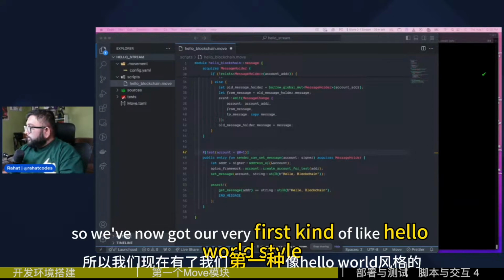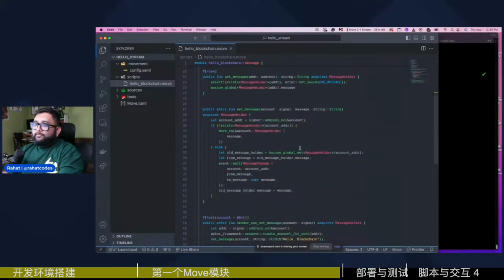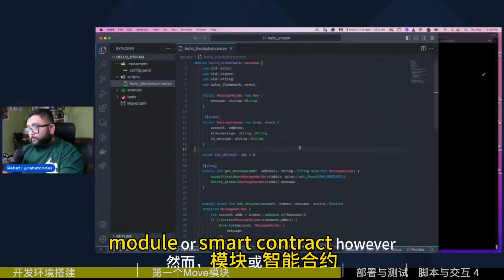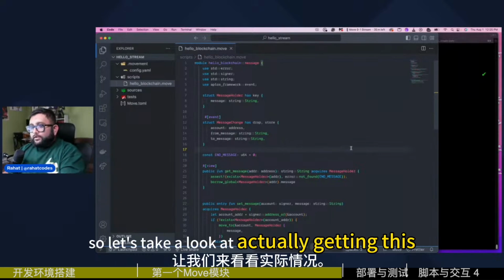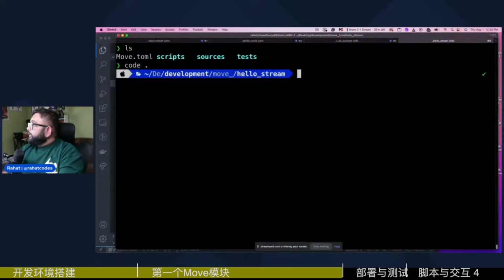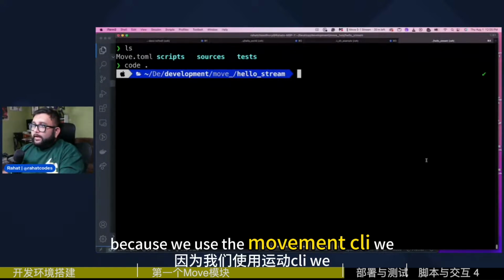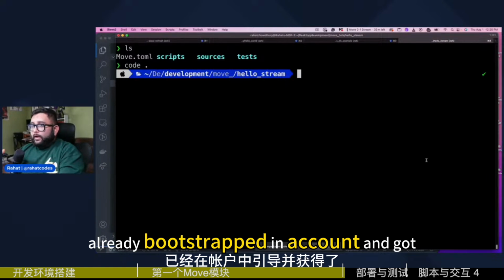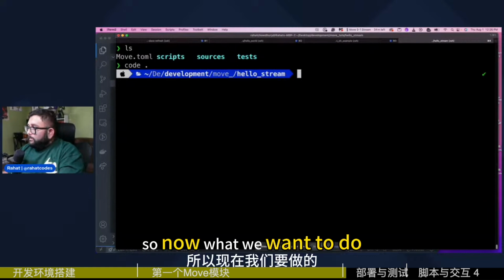Awesome. So we've now got our very first Hello World style module or smart contract, however you want to look at it. So let's take a look at actually getting this deployed. Like I mentioned, we're going to be using the Movement CLI on this. Because we use the Movement CLI, we already bootstrapped an account and got it automatically funded with a little bit of Move. So now what we want to do,